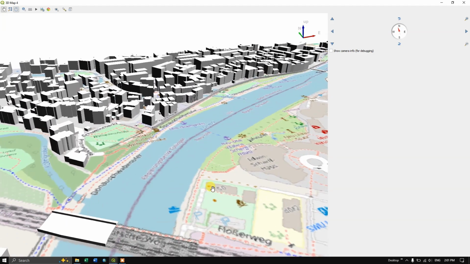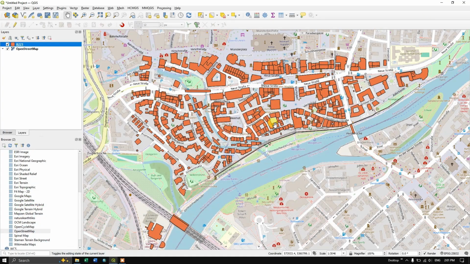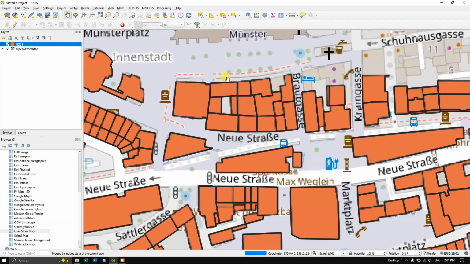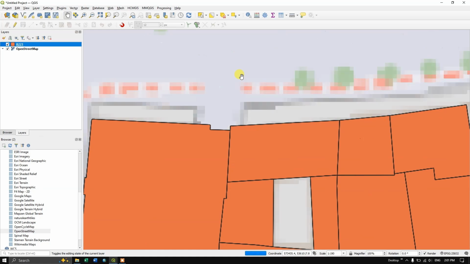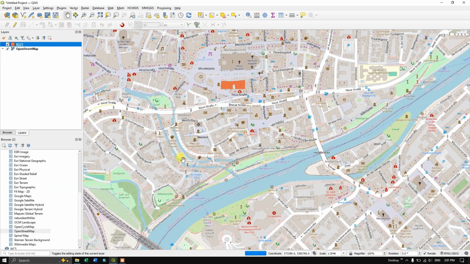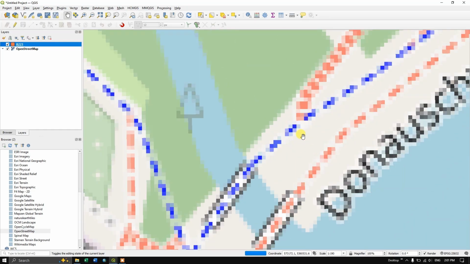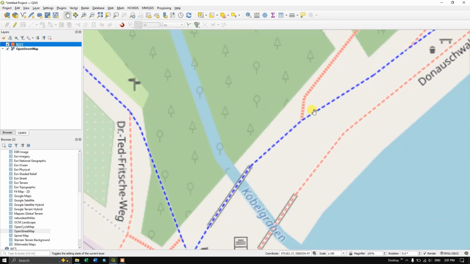So if you want to see the base map much more clearly, you need to load the base map first. Okay. And after that you need to verify the 3D view. And we must also check that the base map is loaded accurately. You just need to zoom in here and there in the corners so that the map will be downloaded accordingly. It will be having better view and 3D view.